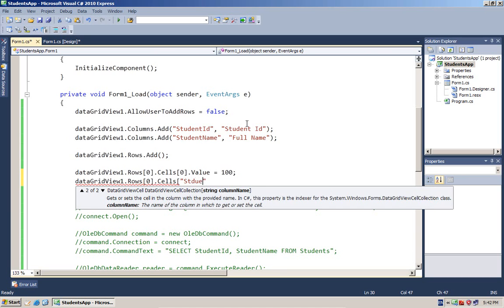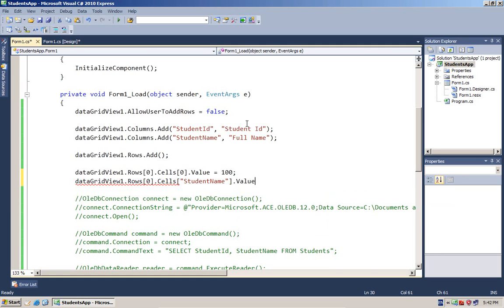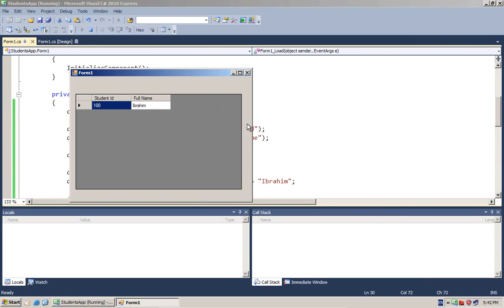So I will now use student name dot value, and in the value part I will just give it any name. So great, this is simple, this is easy. We can simply add rows and manipulate the values with it.